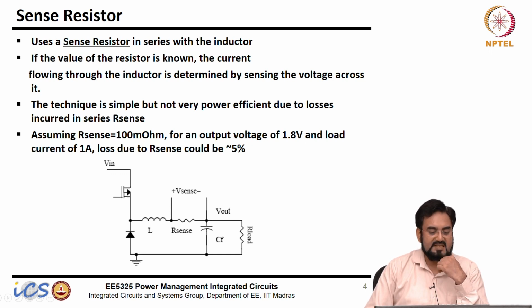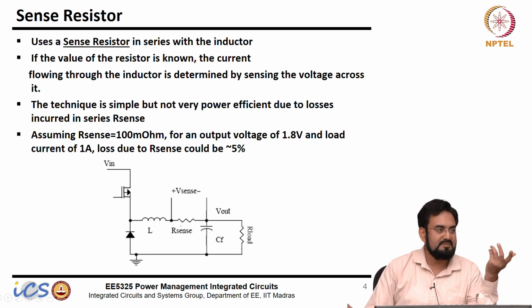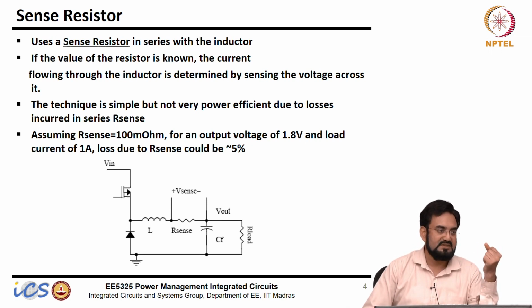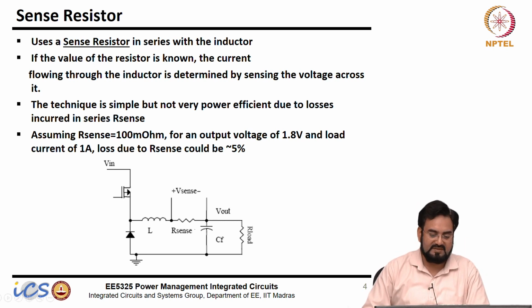So you connect a series resistor R sense with the inductor and get the voltage across that. This voltage divided by R sense will give you the current. So it's very accurate, if your sense resistor is accurate. There are resistors which can be as accurate as 0.1 or 0.2% even across temperature. So less than 1% accuracy you can achieve with this external sense resistor, and most of the time for battery chargers and all those, this external sense resistor is used, because you cannot get better accuracy than this.